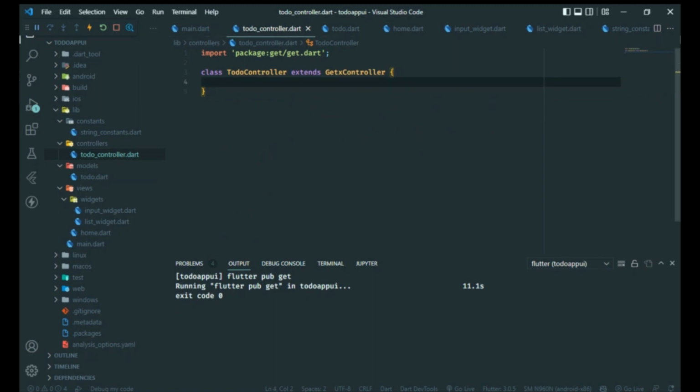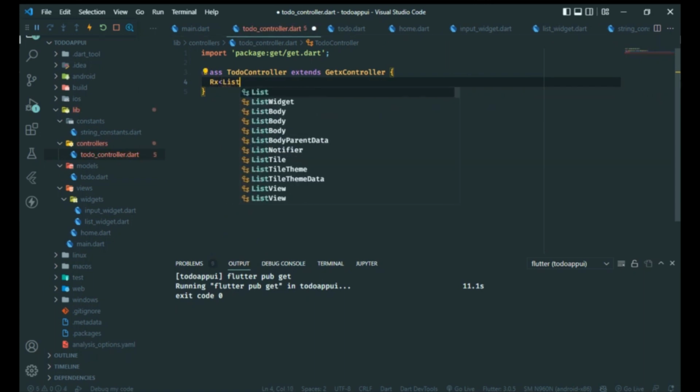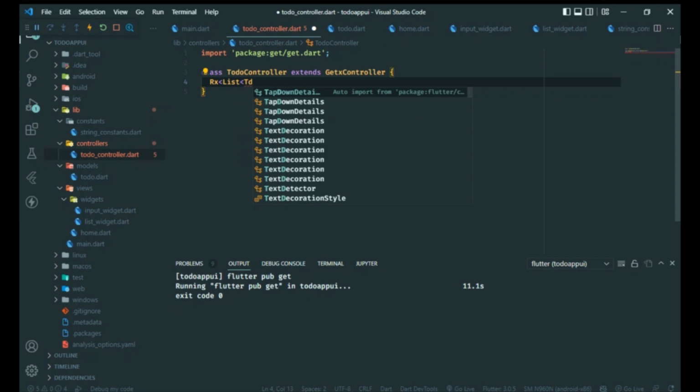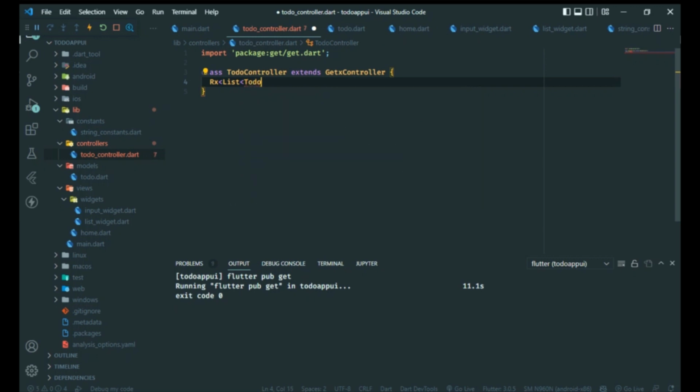So the first thing I'll do is create a list from GetX. GetX has a list property, which we're gonna do like Rx list. The reason I say list property is because we want to fetch all the data from the database. So we're going to say a list of the todo model. So it's going to import that. So close this, then let's call this todos equals to, we want to assign it an empty value,